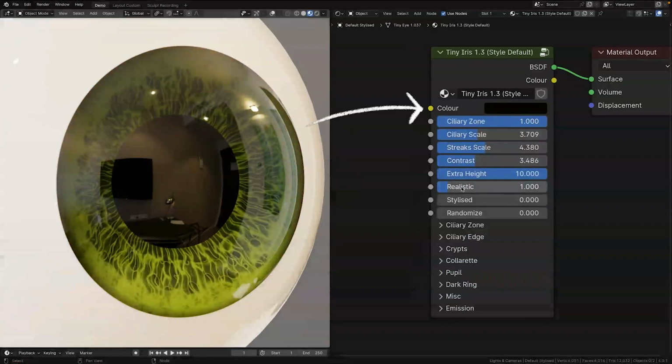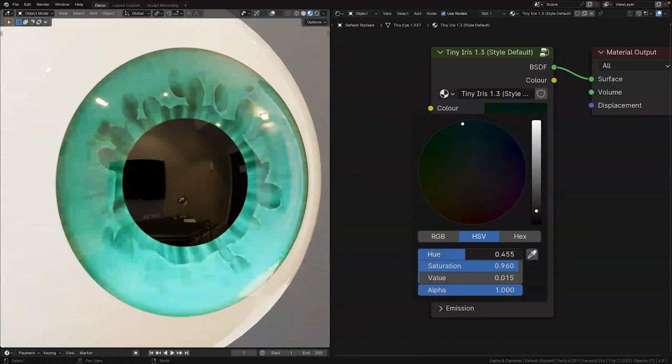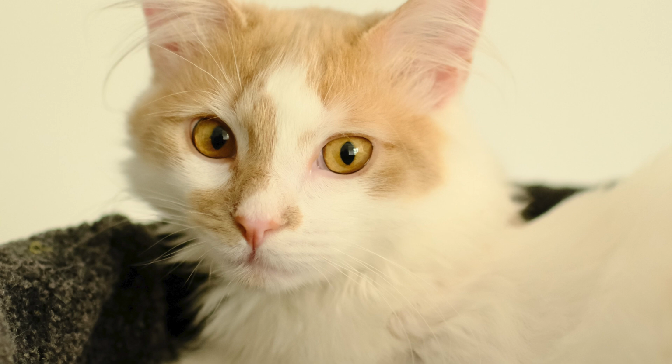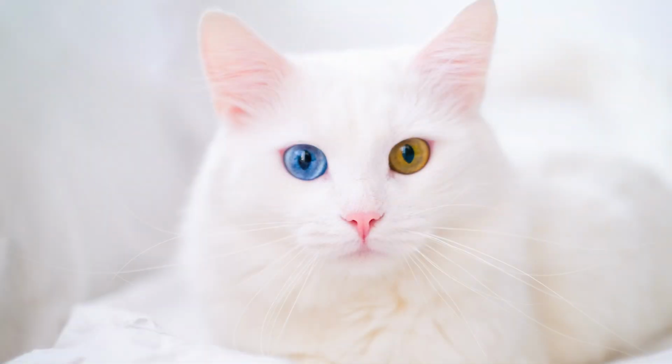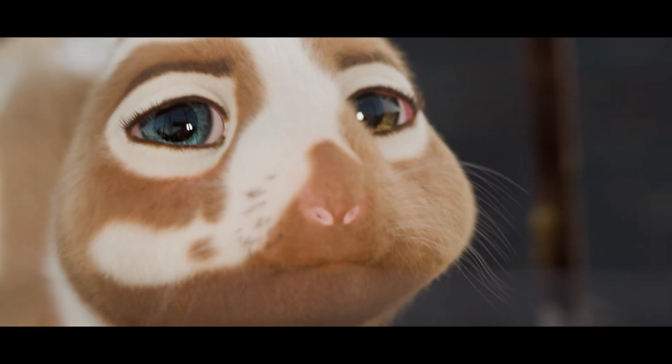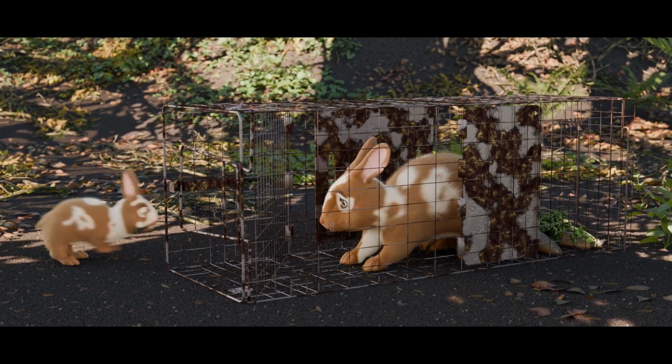The eyes were free assets released by TinyNocky that have a bunch of different sliders that you can use to change the characteristics. The idea of giving Kit different coloured eyes was an unexpected spur-of-the-moment decision, inspired by the fact that I just adopted a Turkish van cat, who often have this trait in real life. But I thought it would subconsciously imply out-of-the-box thinking in Kit, which is his defining character trait.